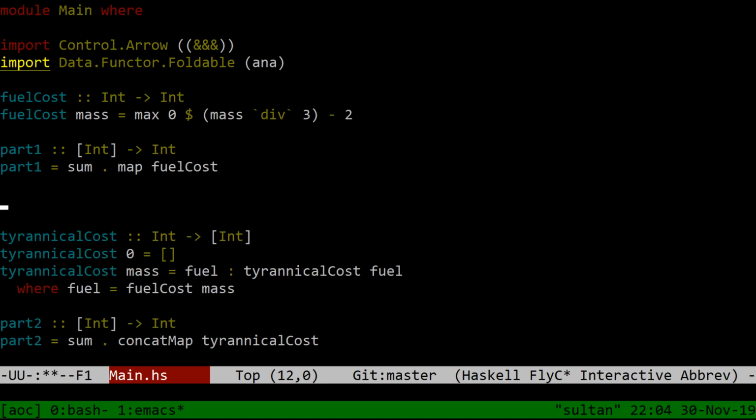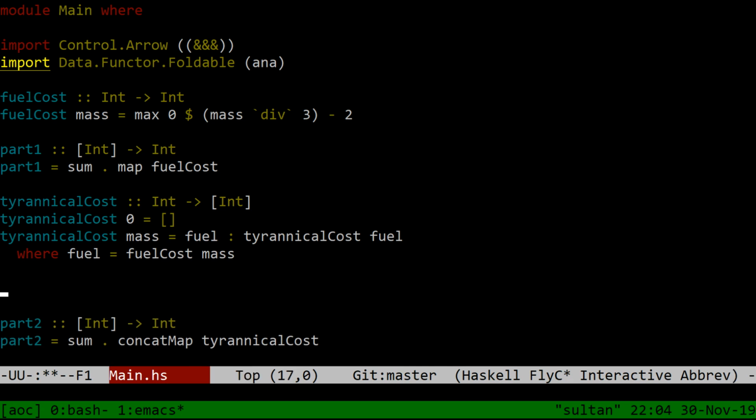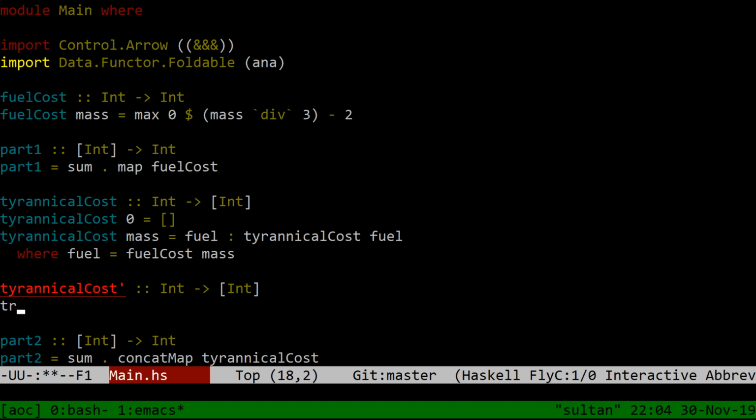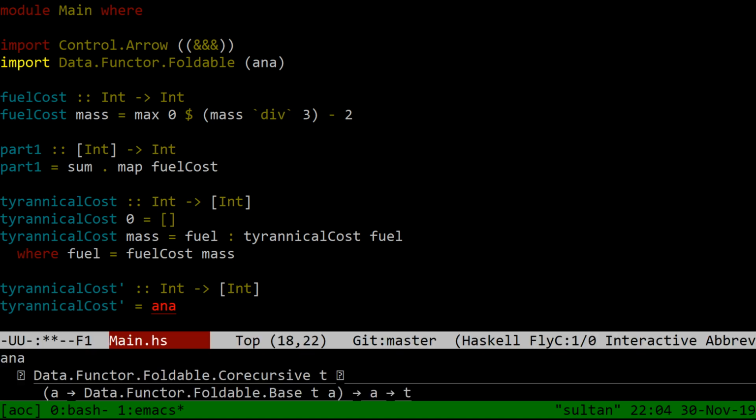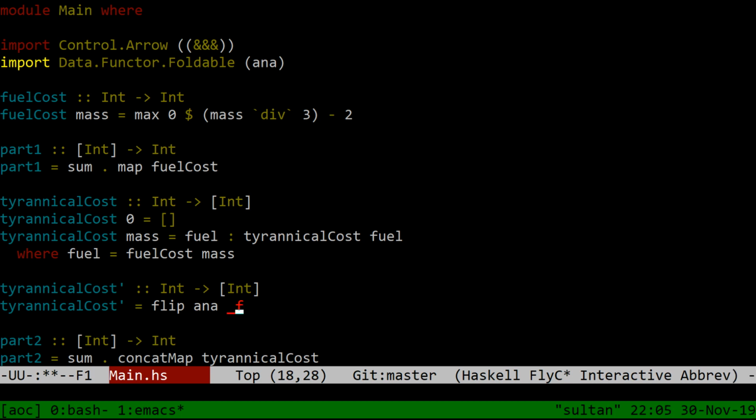Okay, so let's say we're going to ask GHCi for some help here, or GHC, I guess. Say tyrannical cost prime is also a function of Int to list of Int, and tyrannical cost prime equals ana of... how many arguments does ana take? Two, right? Let's actually just say flip ana f. Okay, now